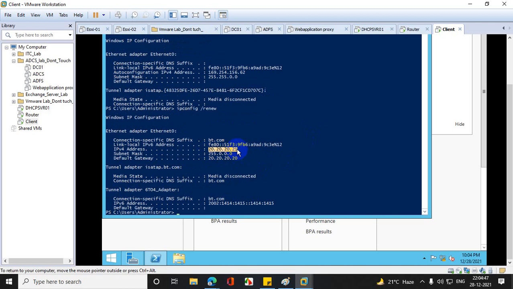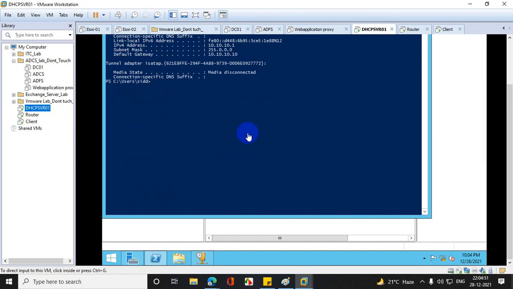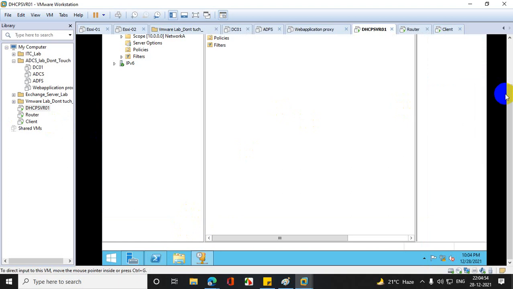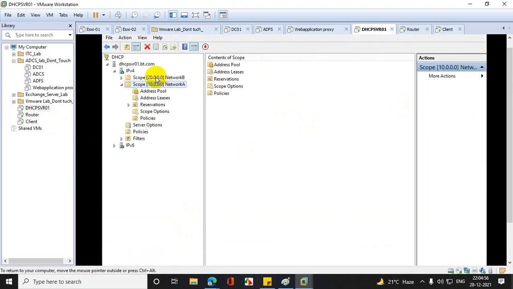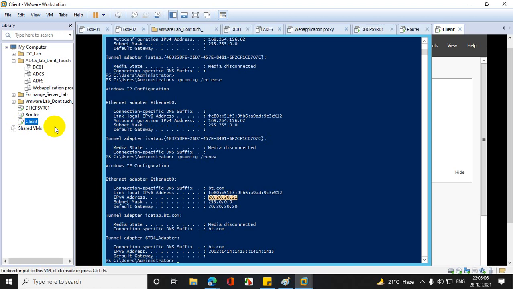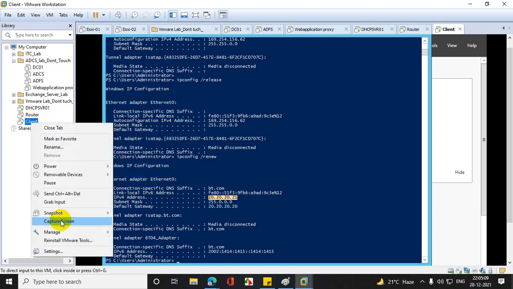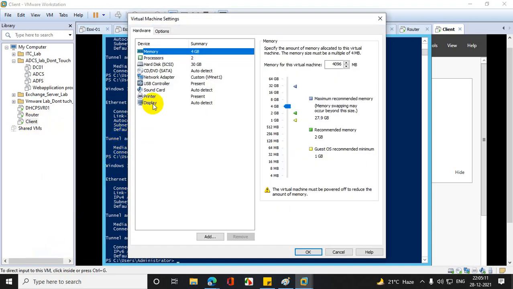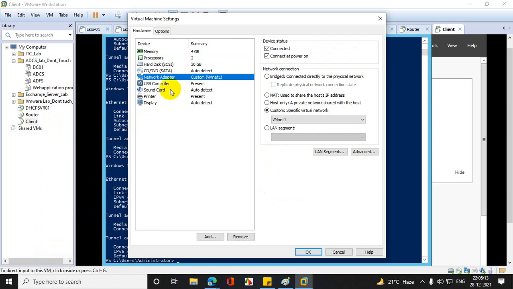It is getting a 20.20.20.21 IP address from this DHCP server. Is that clear? Yes, sir. It's getting 20.20.20.21 over the router through DHCP relay. My client is getting this network because when I changed the VNets, it is now getting it.